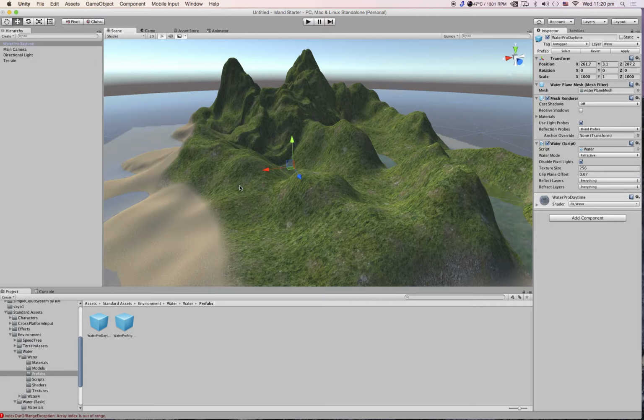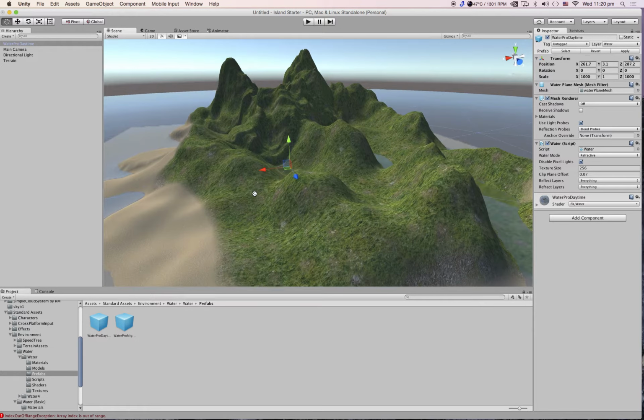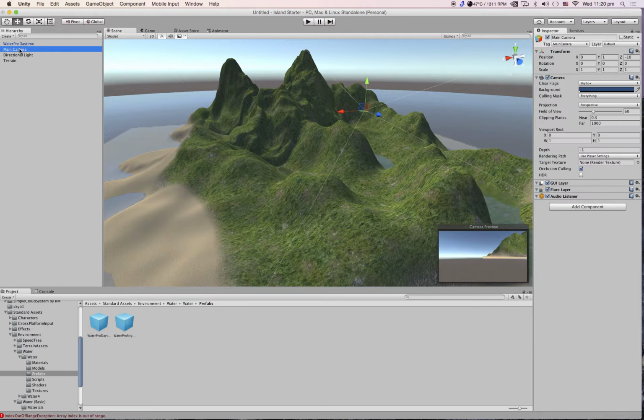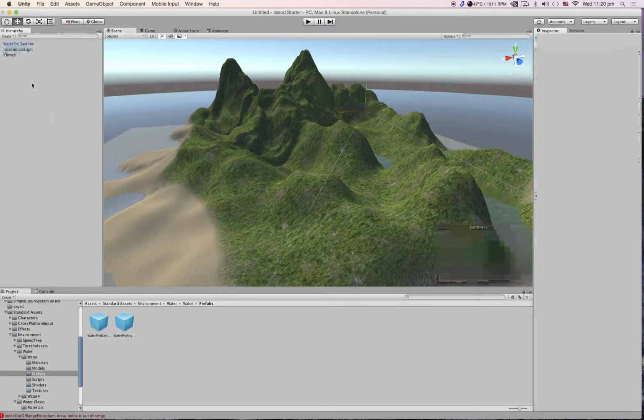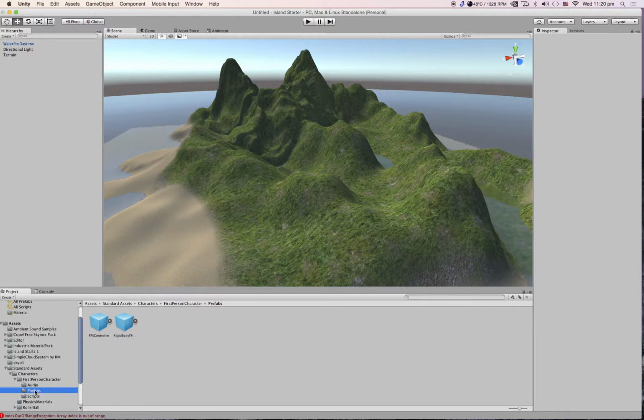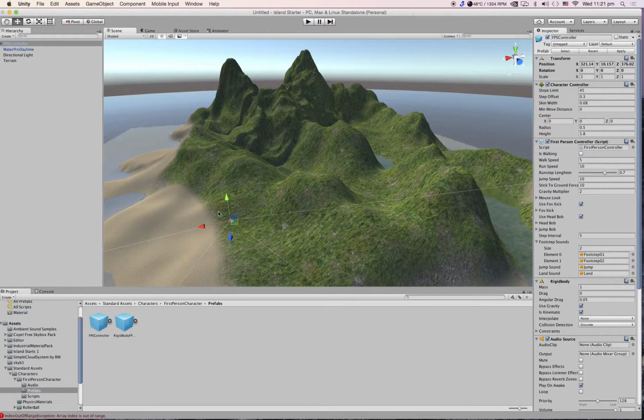Now how do we create a walking experience on the island, right? Now that you have created your island, first of all you delete the main camera. You don't need it, okay? And in order to walk on this island, just like a first-person character, you go to the character folder, and in the character folder there is a first person character and a third person character. I want to go to the first person character, and under the prefab there is this thing called a first person controller. Okay, so basically you just drag your first person controller onto the island, like this location here, and when you play,